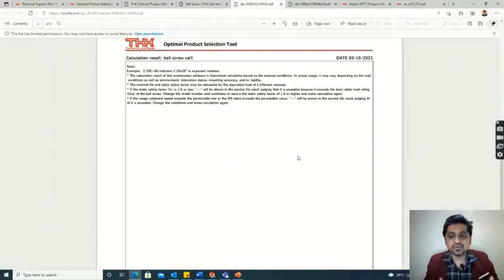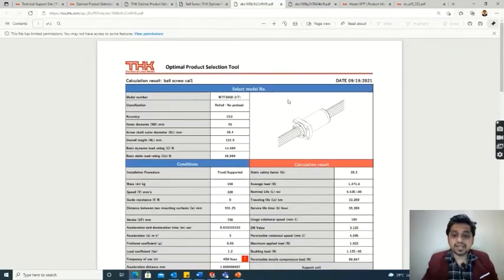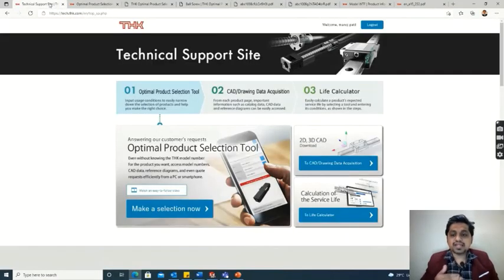What you will do is go back, select a higher model, and recalculate this system, and you will carry out these steps until you end up with a comment-free selection. So this is how you should select a ball screw, and you can analyze the results, and you can play with the software by selecting different models with the help of your system inputs.